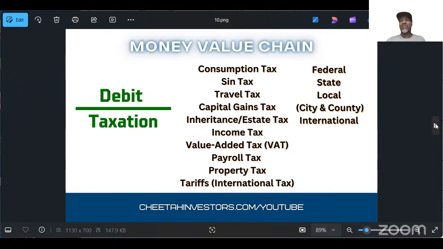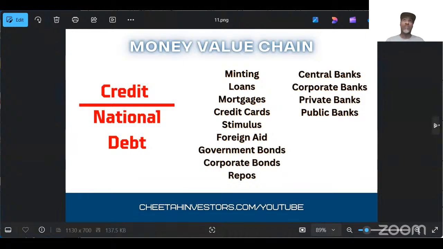And I'm gonna make this make sense when we get to the actual value chain. I'm gonna make all this make sense. But everything is based on these categories of taxation. And inside of each one of these categories is dozens, which I proved to you when we went over the value added tax. Dozens of different ways we're being taxed. People, and corporations. So now on the other side of that is debt. That's what the deficit is, right? Debt.